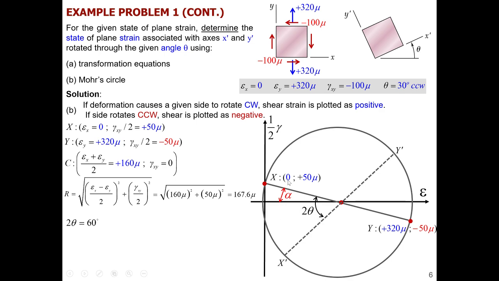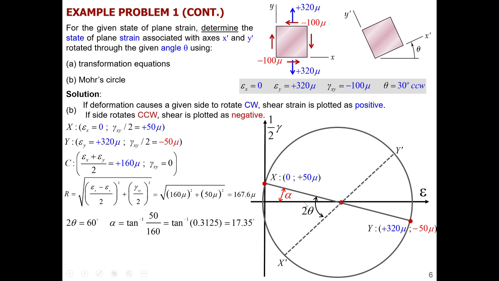So that will be 2 theta minus that new angle alpha. Because we want to use the trigonometry to calculate things in this triangle. So then that alpha can be calculated based on the coordinate here, which is 50, right? So that's from here, or here, more precisely from here. But this angle, this triangle, will be exactly the same as here. And then the distance from here to here is the central coordinate 160. So arctangent of that value will give us the value of alpha, and in degrees that will be 17.35